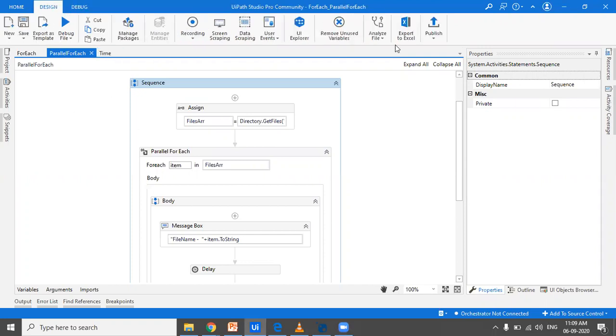So as we all know, once we have created a custom activity in Studio or in Visual Studio, if we have created it in Studio, we just have to click on publish and we get the NuGet package. But if we have created it in Visual Studio, then what we get is a DLL file which we can convert to a NuGet package. I already have created a video for that.